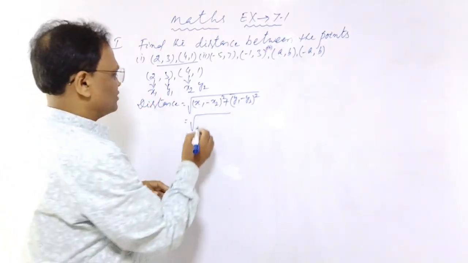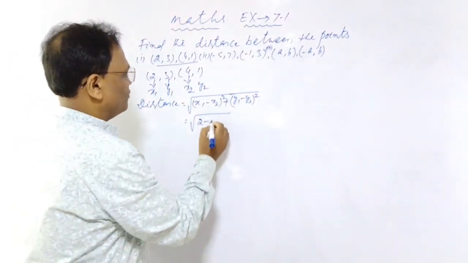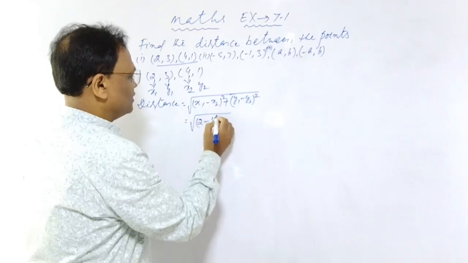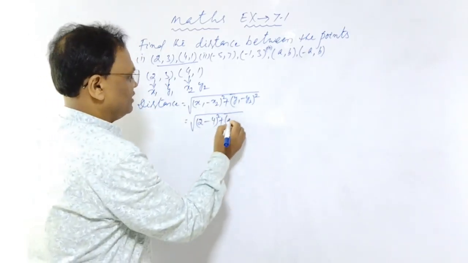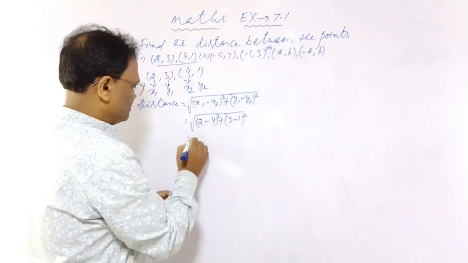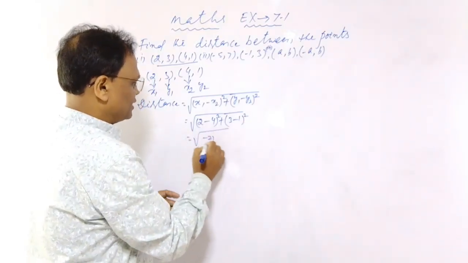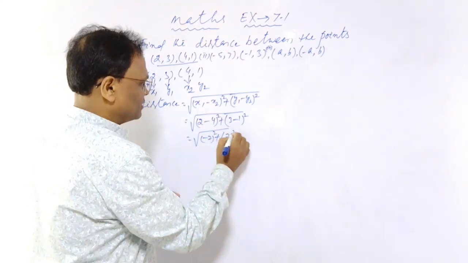What is my x1? x1 is 2, minus x2 which is 4. So 2 minus 4 whole square plus y1 which is 3, minus y2 which is 1. So this gives me 2 minus 4, which is minus 2 squared, plus 3 minus 1, which is 2 squared,